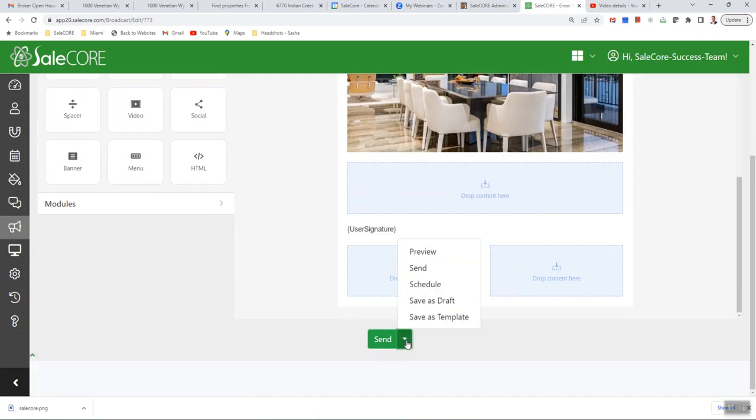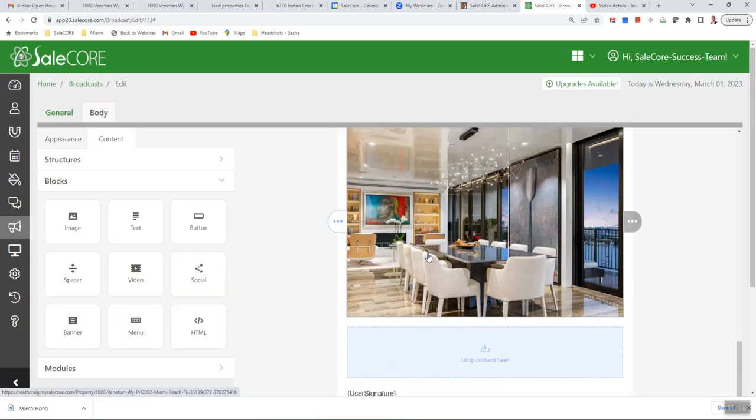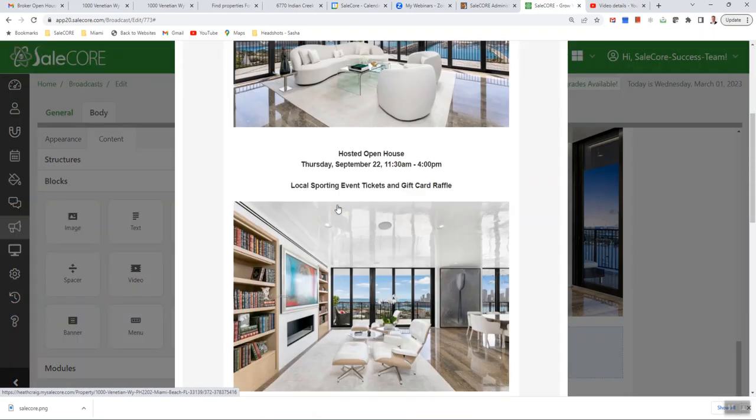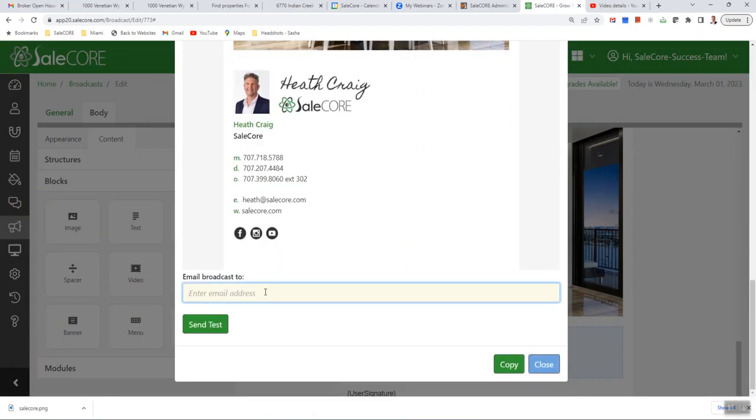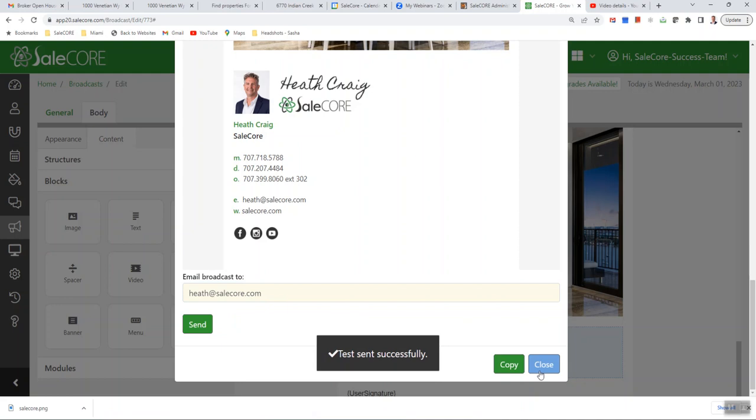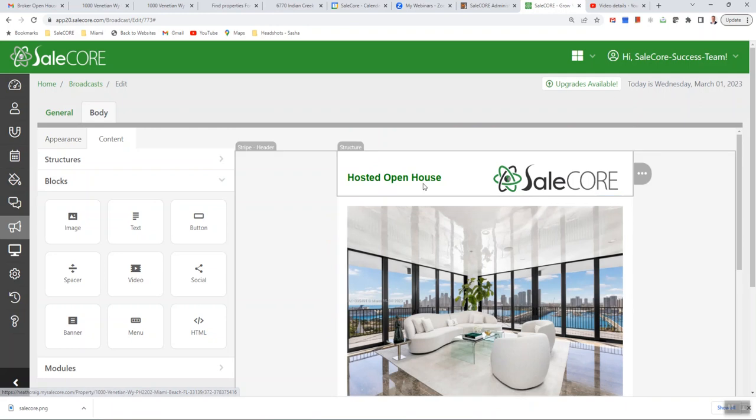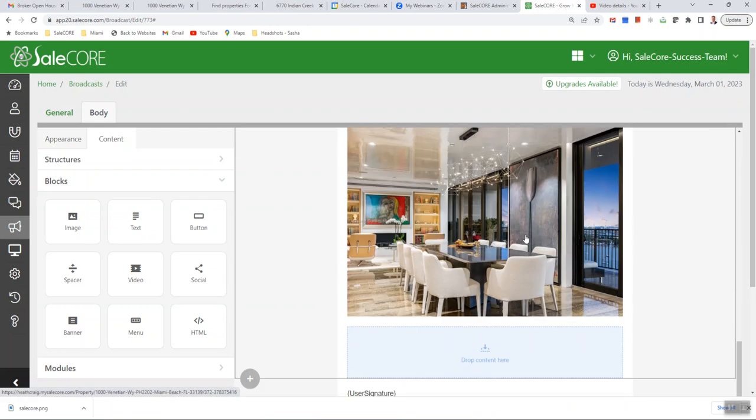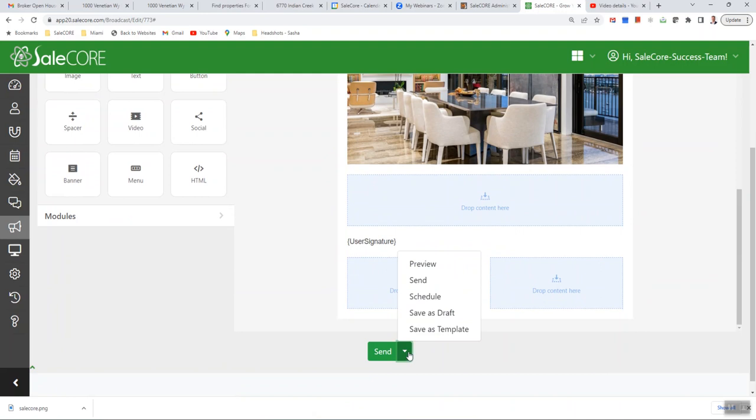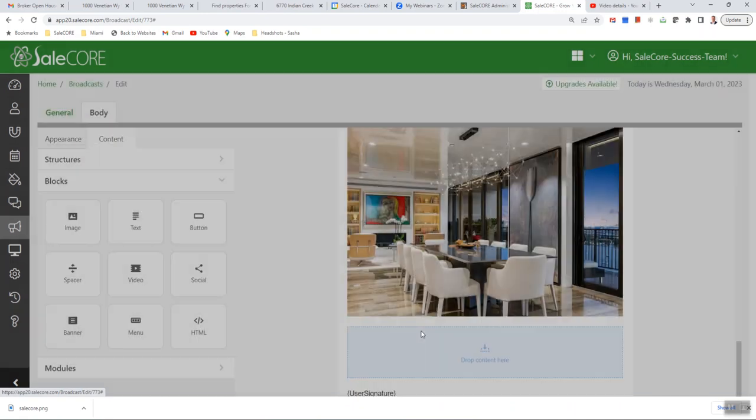If I want to preview it, I can click on preview. If I want to send it to myself as an example, I can do that. I can now also create this as a template if I wanted to use later on. So I can just select save as a template, create template,